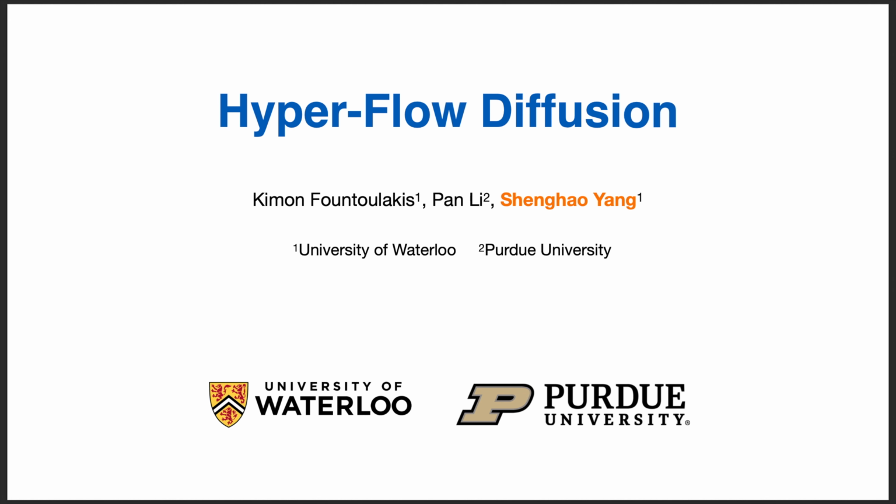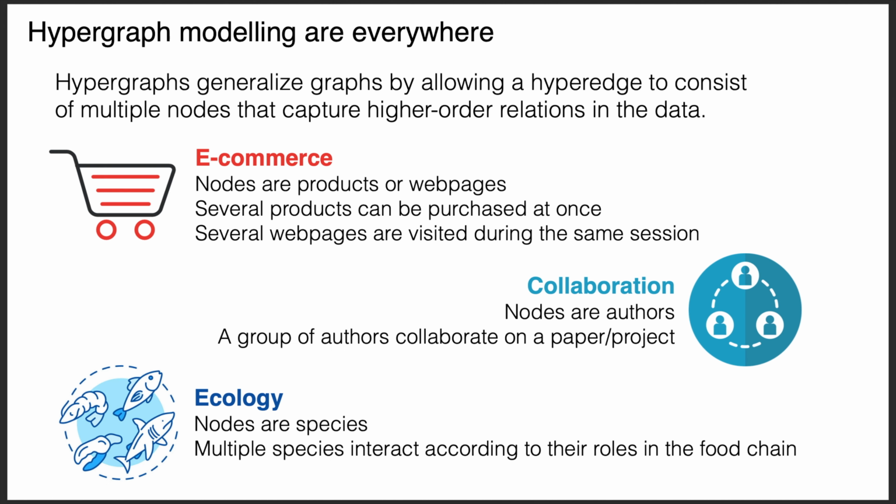Today I'm going to talk about hyperflow diffusion, which is a diffusion method for hypergraphs. First of all, the reason we are interested in hypergraphs is that they are everywhere. Hypergraphs generalize graphs by allowing a hyperedge to contain more than two nodes that capture higher order relations in the